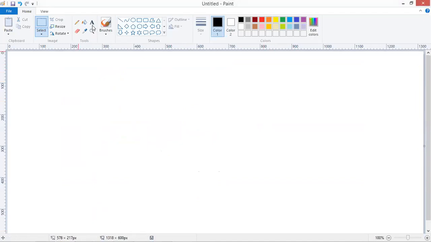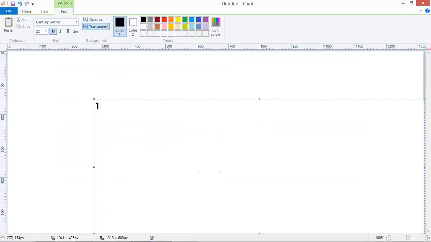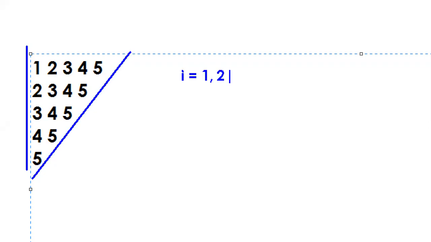See, look at this. One more I am giving. Suppose 1, 2, 3, 4, 5; 2, 3, 4, 5; 3, 4, 5; 4, 5; and 5. Now look at this. What is changing? Either you can check like this in a straight direction or this one. In any direction, definitely one value will change. What is changing here? 1, 2, 3, 4, 5. That is the outer loop. So i equals 1, 2, 3, 4, 5. This is the outer loop.